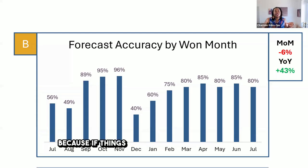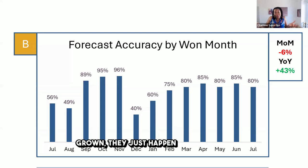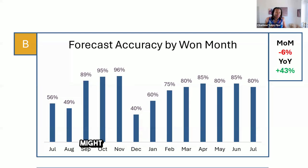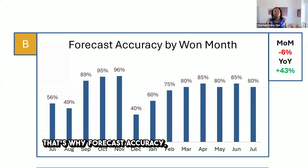Because if things aren't being planned, if deals aren't being actively nurtured and grown, they just happen to come in by accident, then you can't prepare for that. You can't plan for that. Then it's just a case of, oh well, we might get a lot of money in October, but we might not, we don't know. That's why forecast accuracy, it might not seem as if it's really important, but even if you don't know how important it is because it's the second metric, so you're just going over it really quickly,